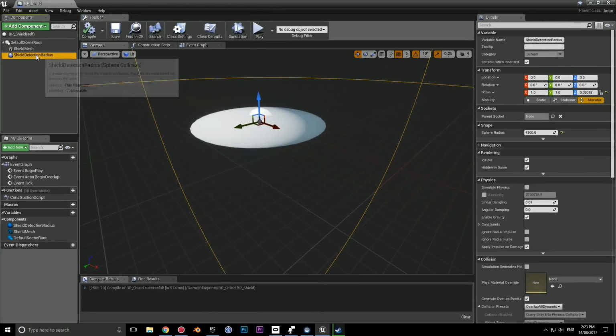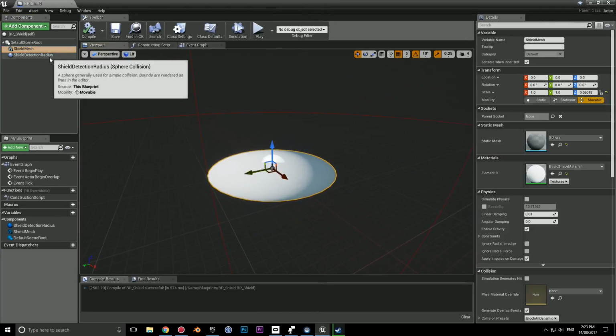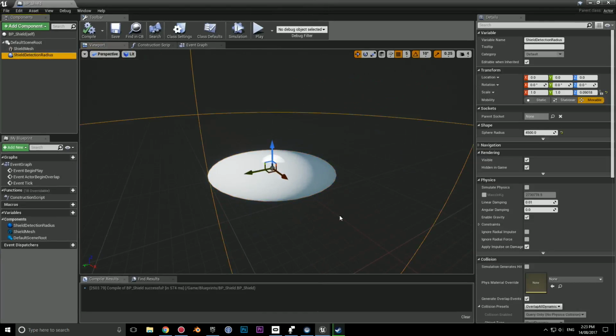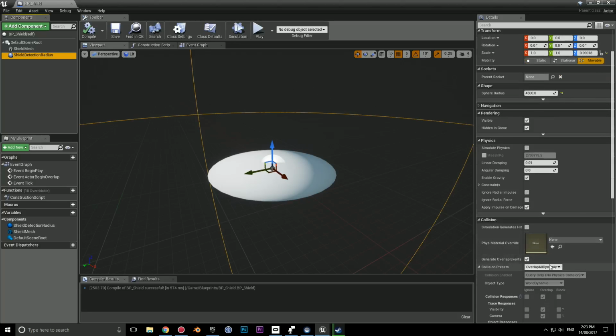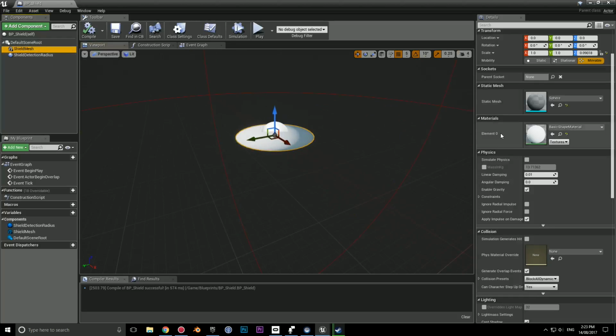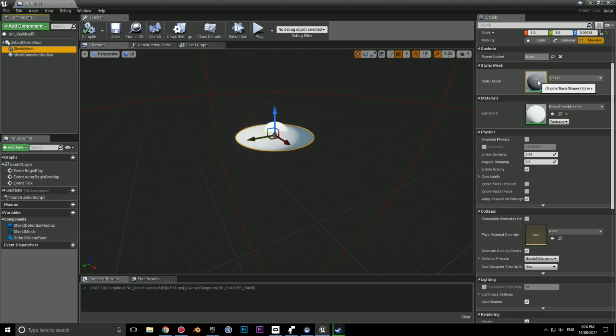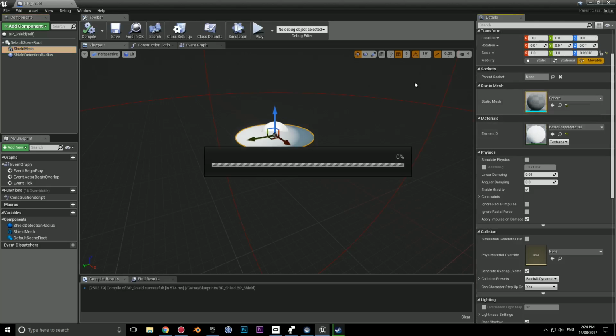the blueprint. So we have the shield mesh, which is going to collide with the third person characters, and we have the shield detection radius, which is going to overlap and detect the enemies so we can home in on them. For the shield mesh to function properly, we need to double click on the static mesh,